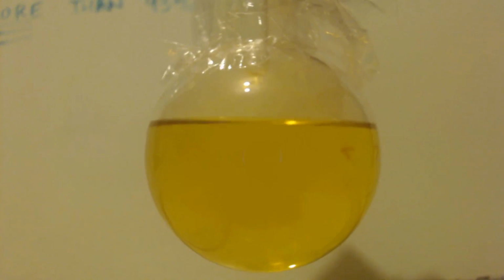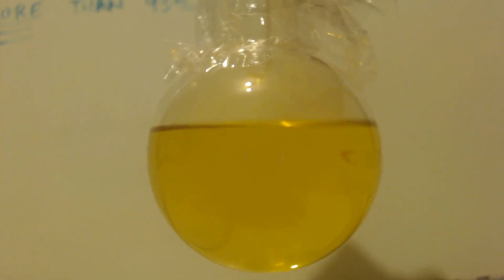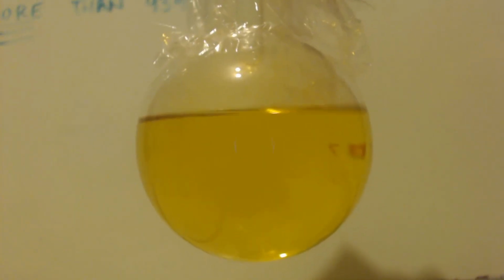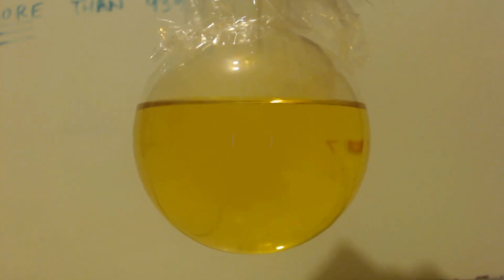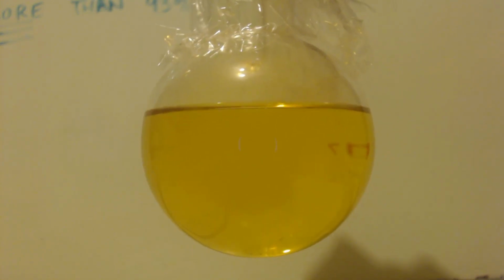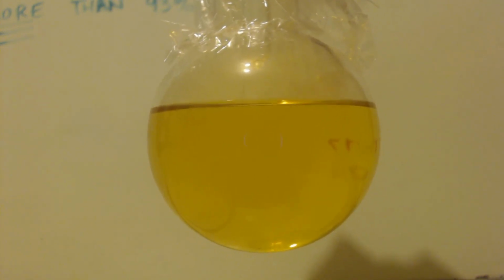But if you want to know about the differences and a little bit more facts on nitric acid, go to the original video I made on making fuming red nitric acid. There's a lot of info in it, even though I only got a 50% yield. The rest of the information is good. And also you can see how it's different from this. That was a 50% yield. This is a